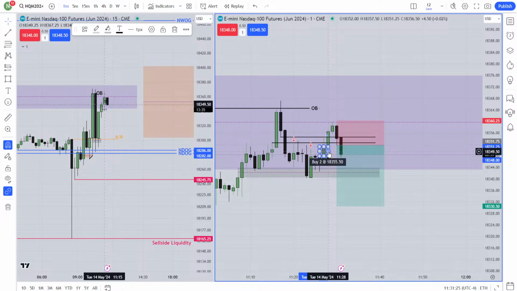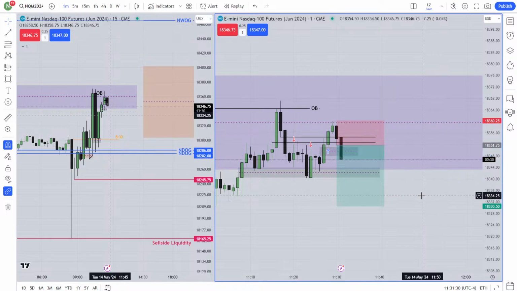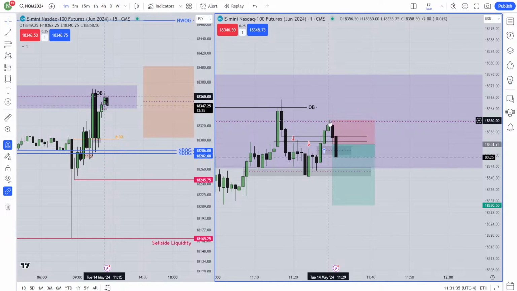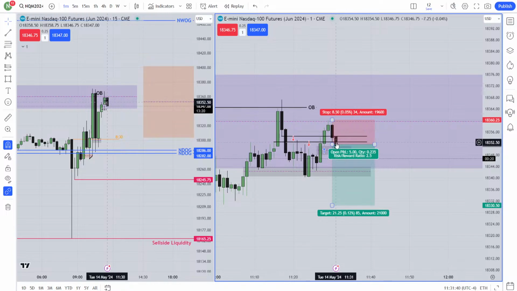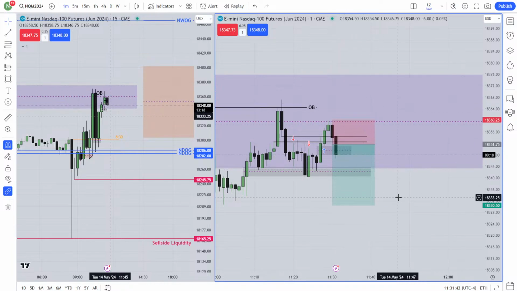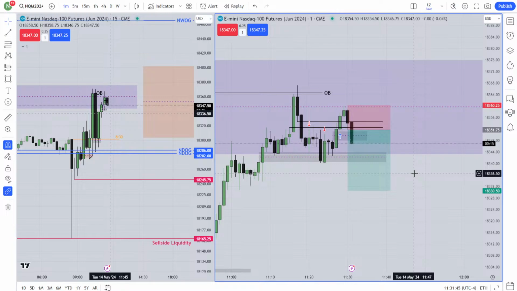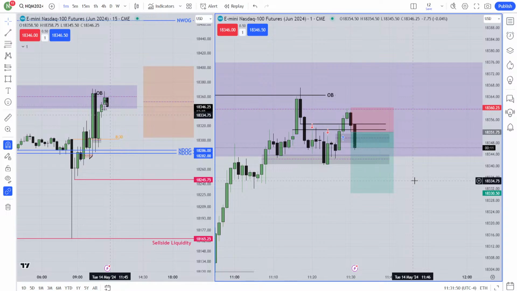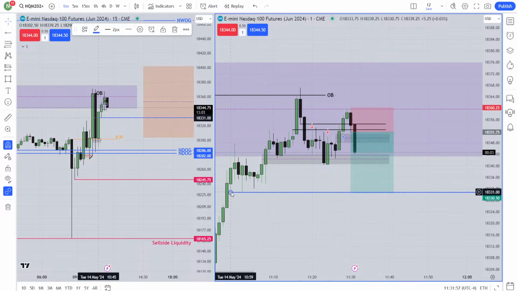I would just love to feel the pain because of my trailing stop loss. Was that because of my trailing stop loss also or not? Okay, so I need to feel that pain because first of all, I covered the consequent encroachment of that last parallel gap. Later, I just trailed my stop loss because of the price action. It was not so good for me, so I trailed my stop loss. Now I would love to feel the pain, okay? Because as I told you, I'm also confident that the market will go below and it will take that sell side liquidity. I was so confident about that. I would love to feel the pain.